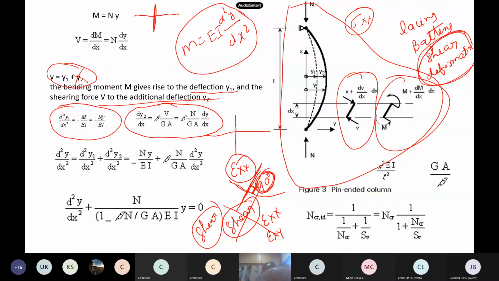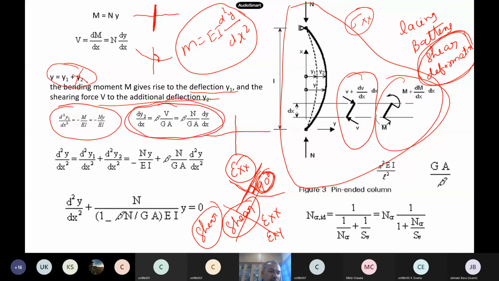So in Euler beam theory plane cross sections remain plane, but in Timoshenko beam theory, plane cross sections will not remain perpendicular. You followed, right? They will remain something like this. So automatically you will have some shear deformations also included. So there are other beam theories where shear deformation is also included.